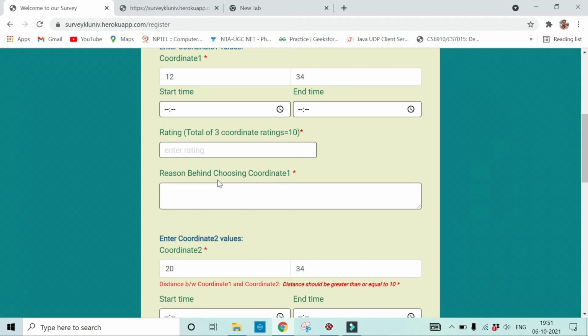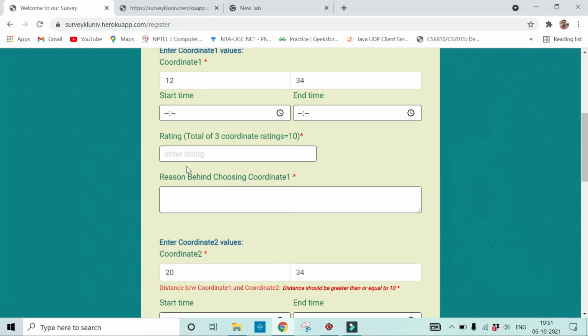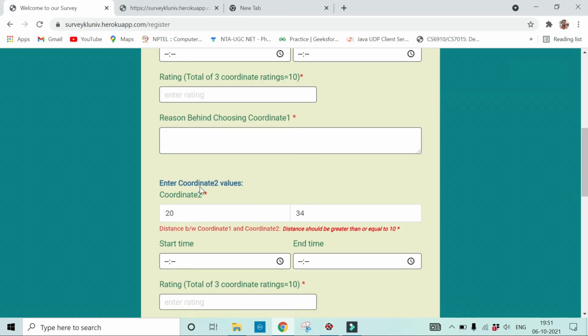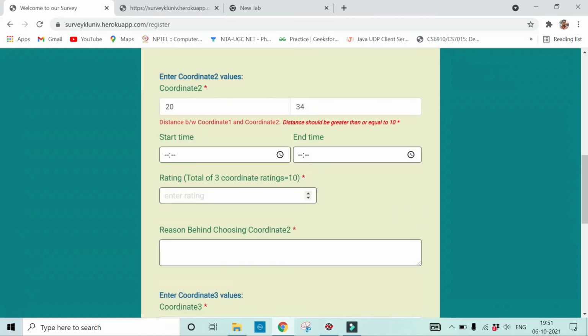So now put a rating for each coordinate on a 10-point scale such that the sum of the 3 ratings is 10. Let's say I am preferring coordinate 2, then coordinate 1 and coordinate 3. So I have to put the highest value of rating in coordinate 2.